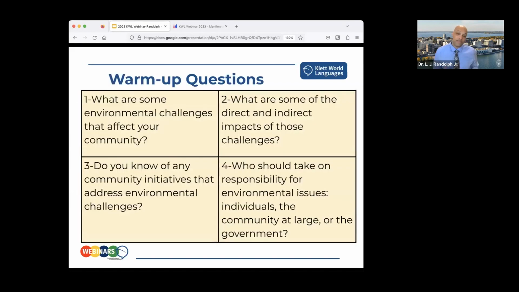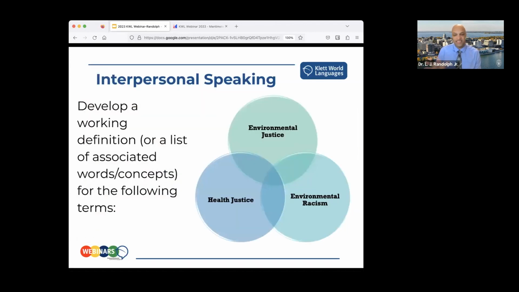So what I do first is I begin with some warm-up questions. These are just some general questions to get students thinking. And depending on your format, they can do this in small groups. It might be better for them to do it via a discussion board if you're in a remote setting, whatever, but just something to figure out what vocabulary they're going to need for both you and for them, and to begin building those connections and setting that framework, that scaffolding process.